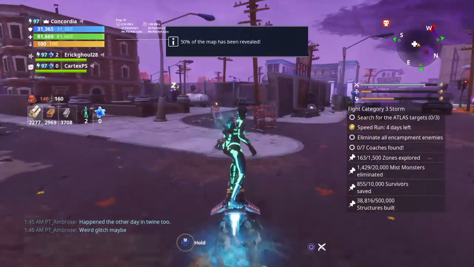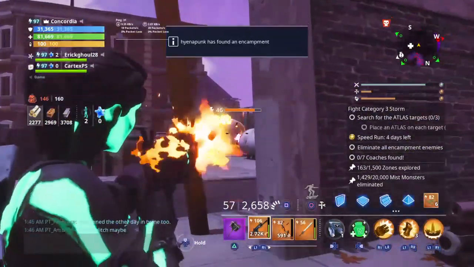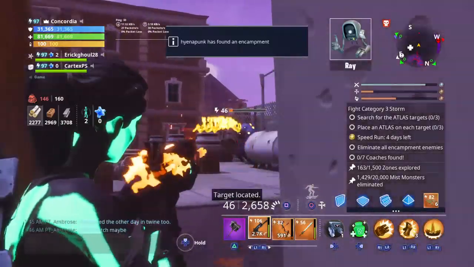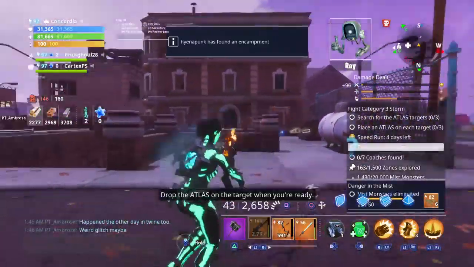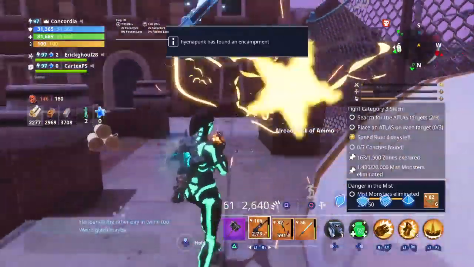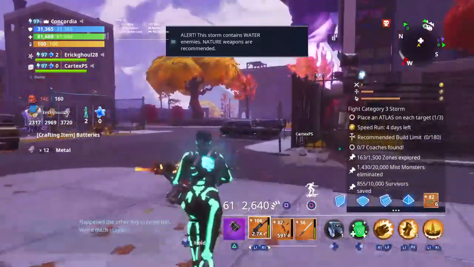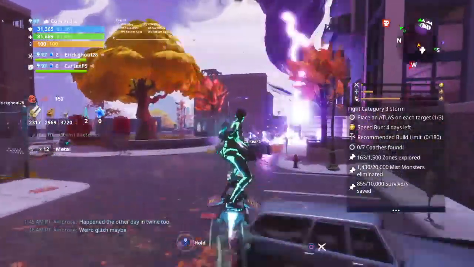You know, you'd think it wouldn't be hard, right? To just drop the atlas on the target, to have a building. Nope. Be there. You know what I'm saying? Because I think it's dumb